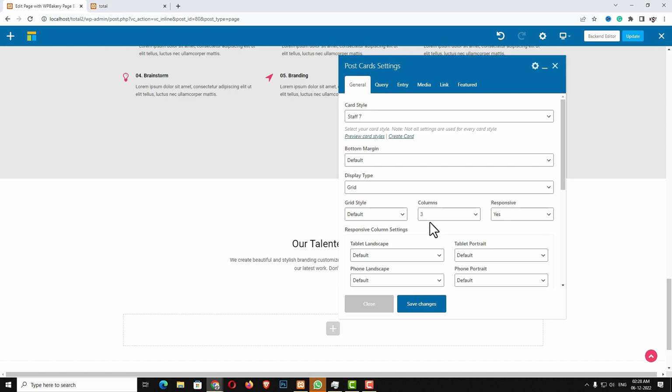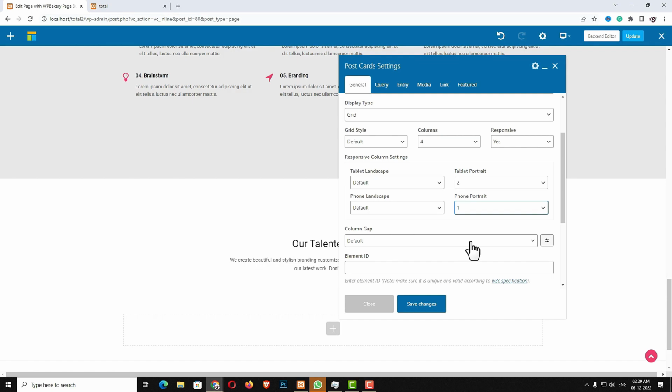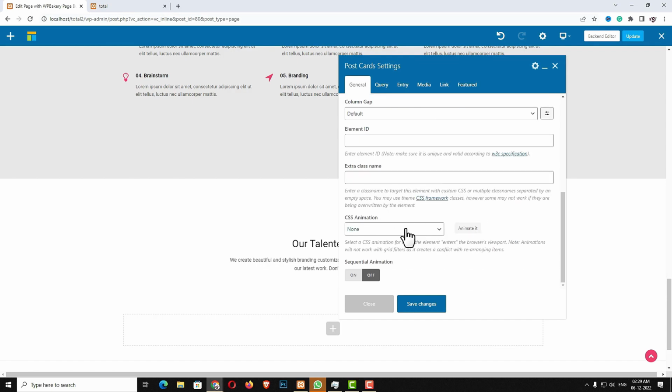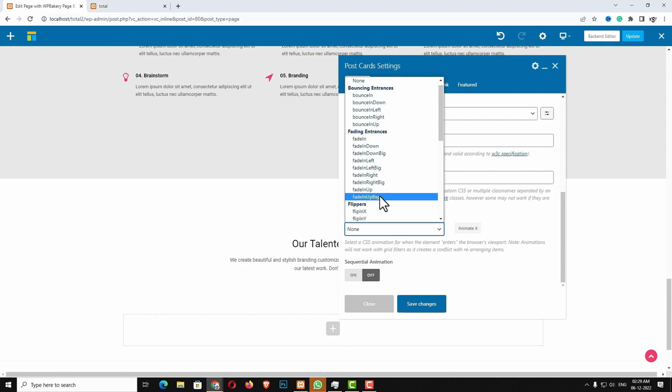Next, what I have to do, make it 4. After that, for the tablet make it 2, and for the mobile phone let me make it 1. Okay, so after that, if you want to add some CSS animation, you can always do it. Suppose from here I am taking this zoom in, right? Okay,